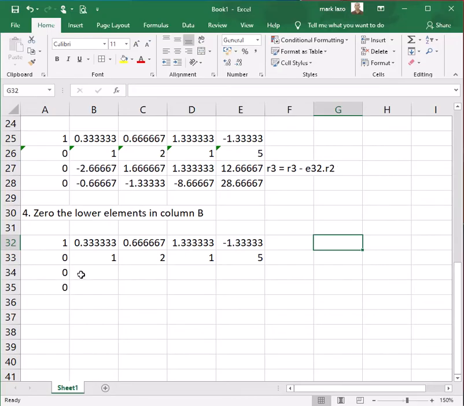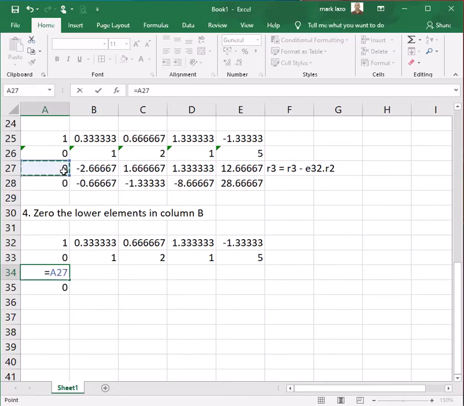That is equal to R3, that is R3 here, minus the element in third row, second column, that is here. So again, take note that this is fixed, so we have to put a dollar sign here, a dollar sign here,